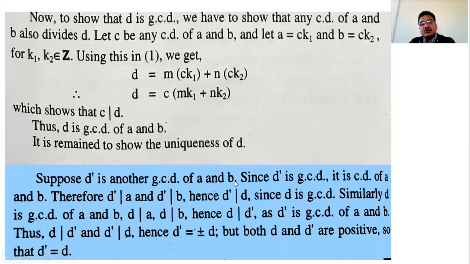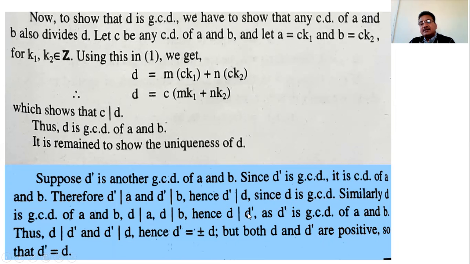Why? D dash is a greatest common divisor of A and B, which means D dash is a common divisor of A and B, so D dash divides A and D dash divides B. And as D is the greatest common divisor, by using the second condition we have D dash divides D. Similarly, D is a greatest common divisor of A and B, which means D is a common divisor of A and B. And as D dash is also a greatest common divisor of A and B, D divides A and D divides B, so by using the second condition we have